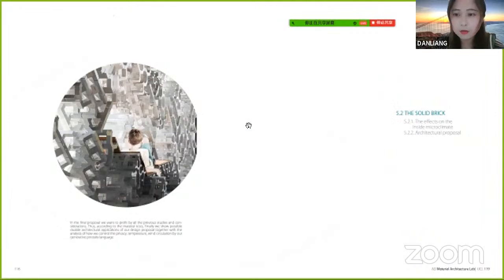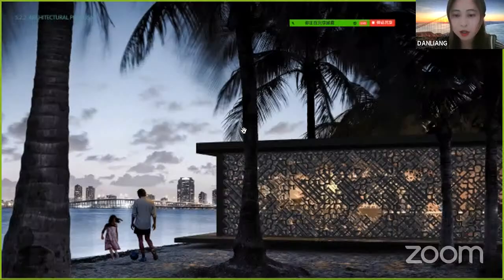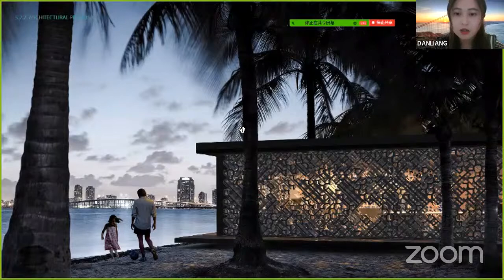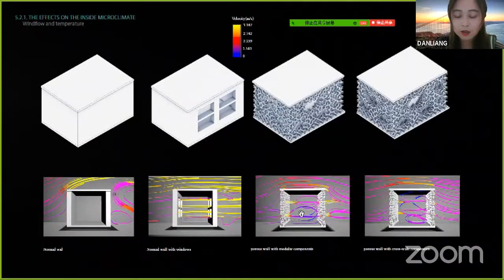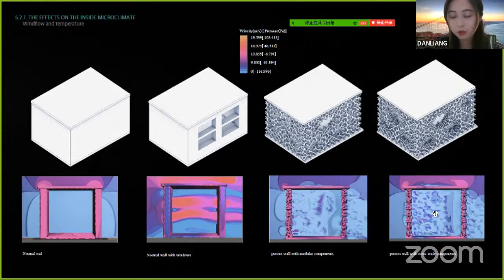And for our final proposal, since we can control the thickness of each component by simply controlling the time of partial drying, our final proposal is divided into the solid brick and the hollow ones. Those solid, self-supported components can be used at a small scale, and they could create a generally mild wind circulation. You can also see from here, the red color means the velocity of the wind gets higher, and it could create a mild wind circulation and also ventilation inside the room compared with the normal